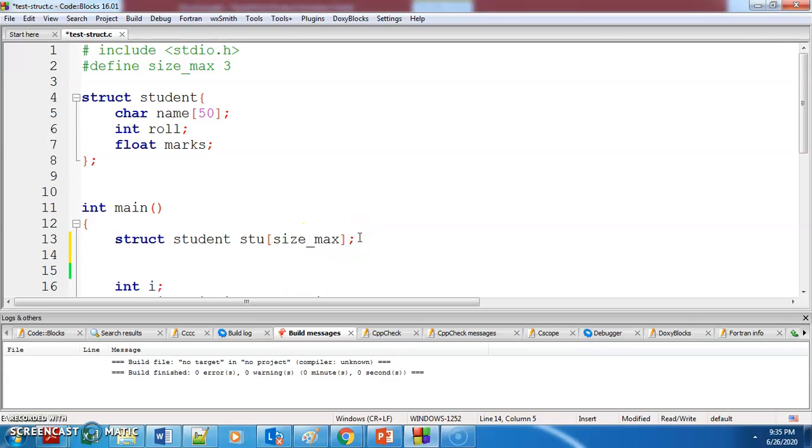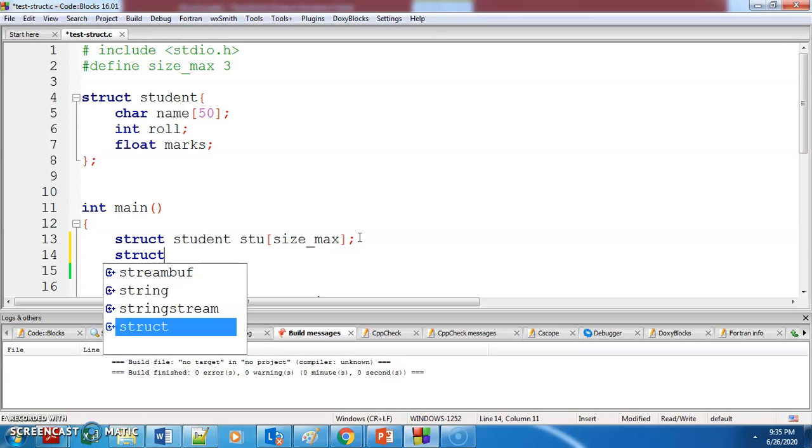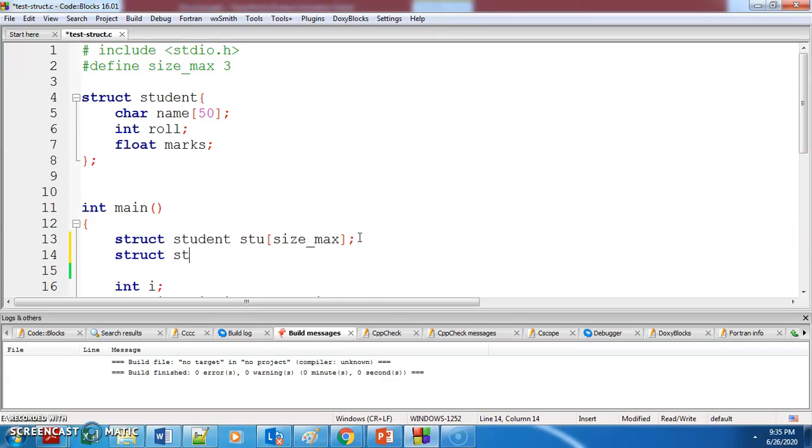Obviously, if you want to create any more variables of this data type, then what you have to write is struct student, say student1. Okay, so that means every time you have to write this complex data type name. Now instead of writing this complex data type name every time, you can use one particular keyword that is known as